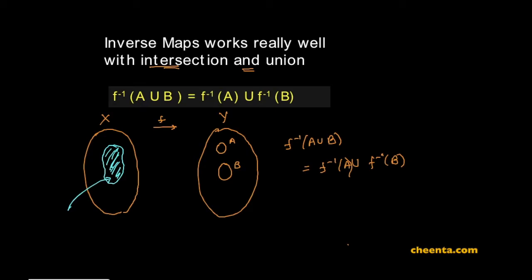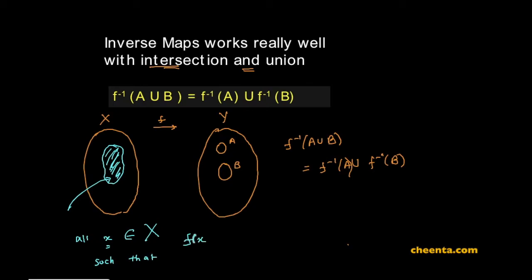That if you pick all x inside this capital X. So this is a standard way of using notation. Small x denotes an element, capital X denotes the set. So for all x in X such that